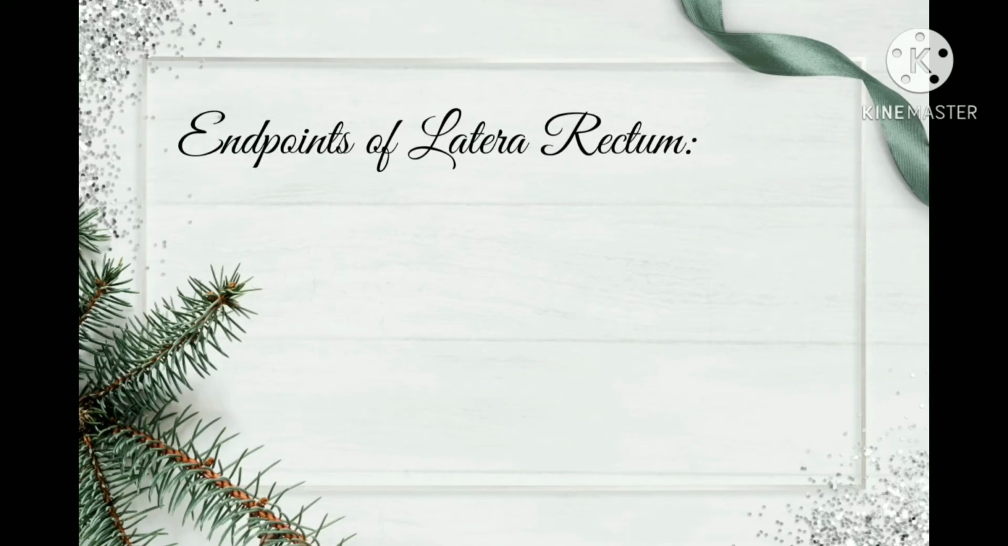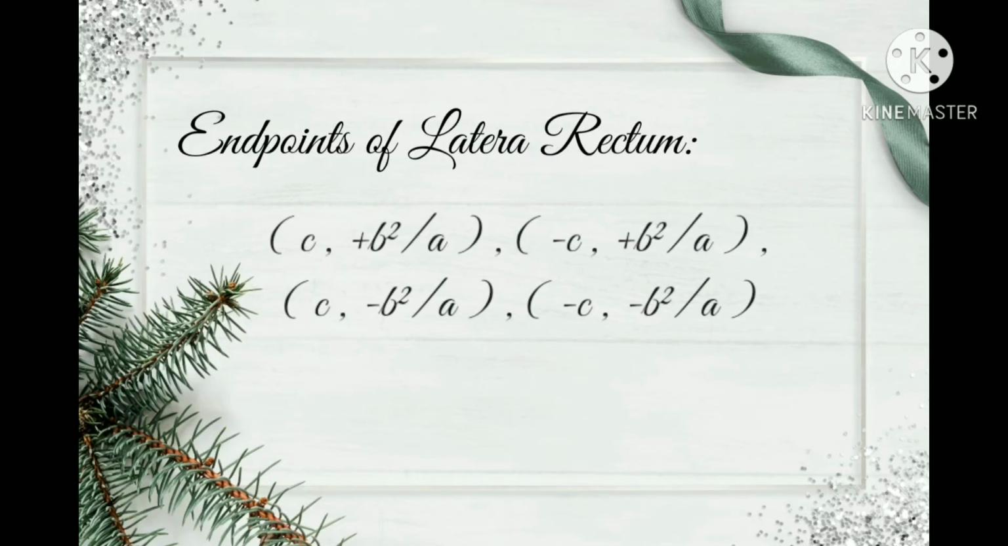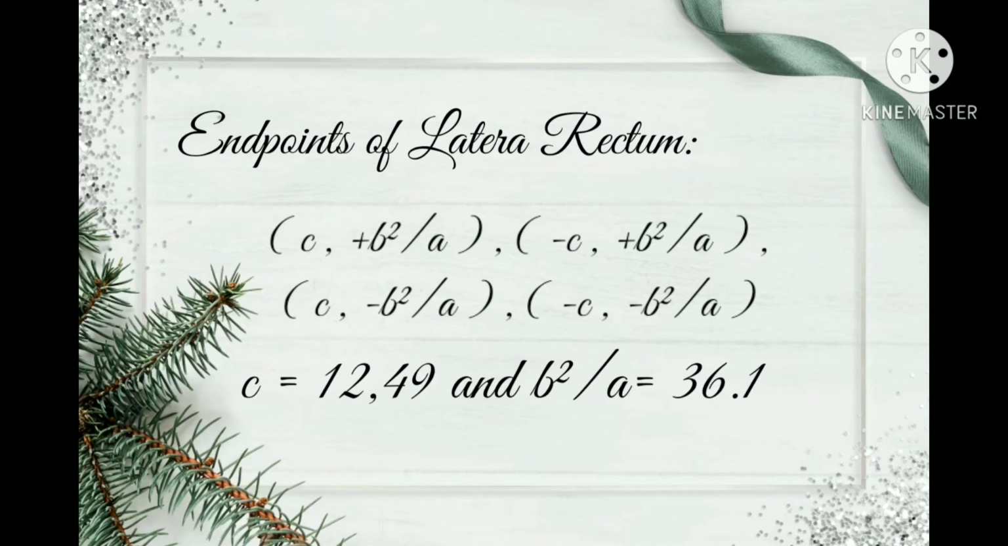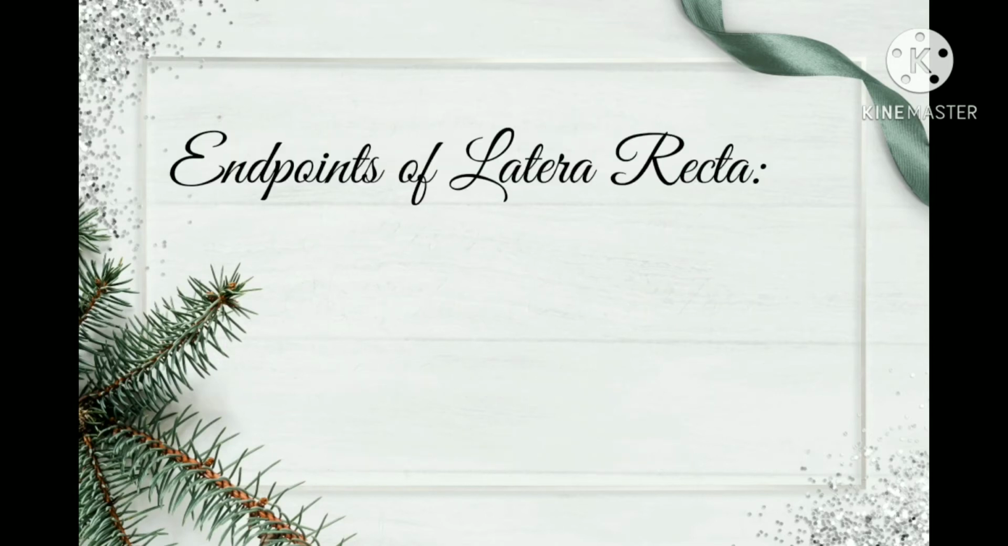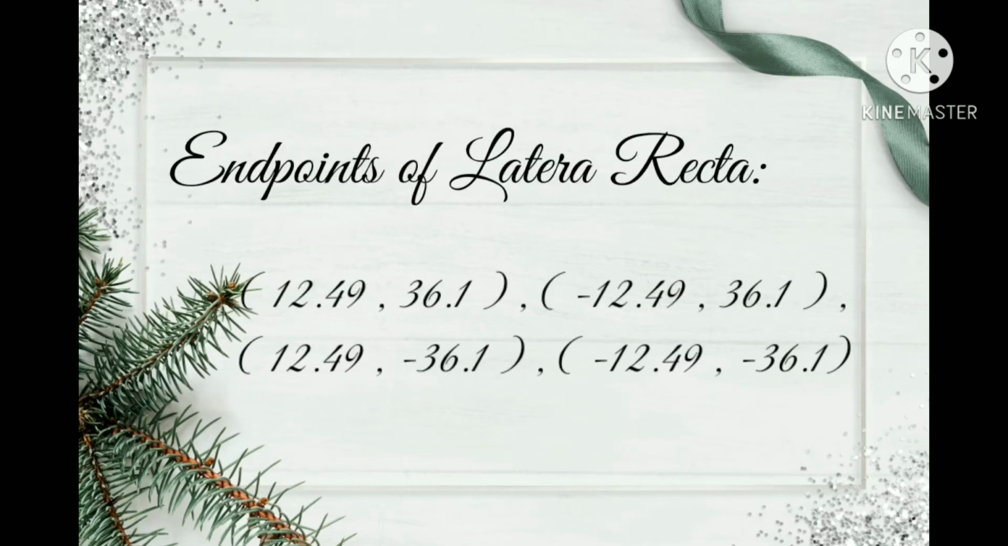To find the endpoints of the lateral rectum, the formula is (c, positive b squared over a), (negative c, positive b squared over a), (c, negative b squared over a), (negative c, negative b squared over a). Since c equals 12.49 and b squared over a equals 36.1, to get 36.1, 1444 divided by 40 equals 36.1. So our endpoints of the lateral recta are (12.49, 36.1), (negative 12.49, 36.1), (12.49, negative 36.1), (negative 12.49, negative